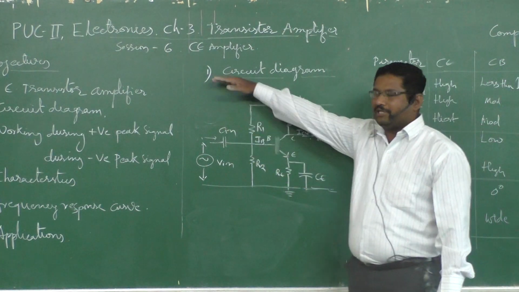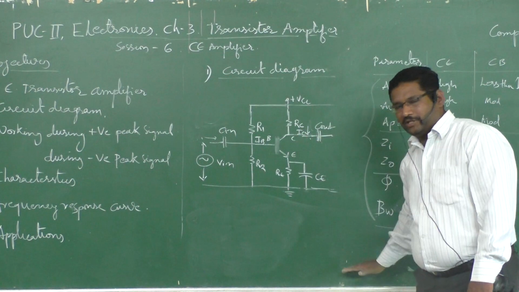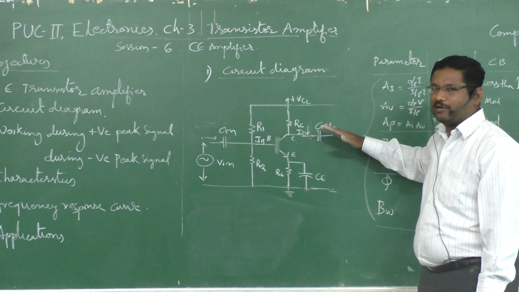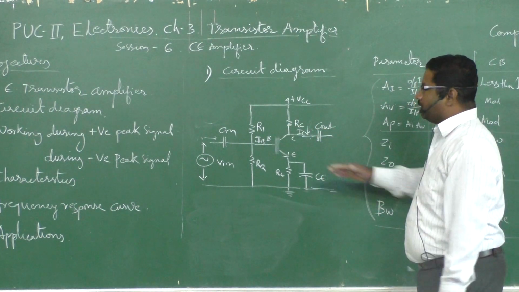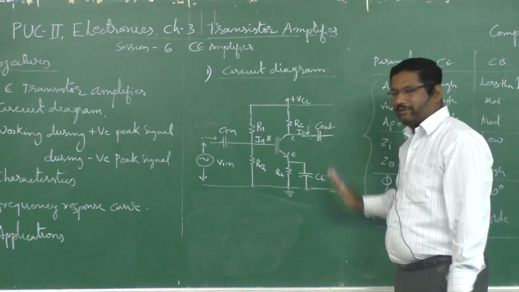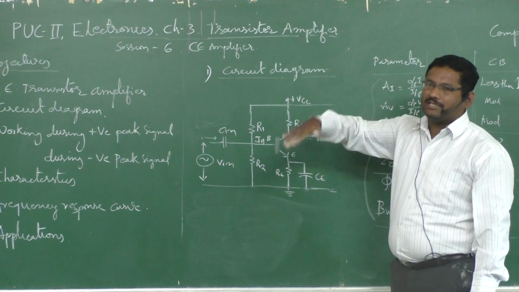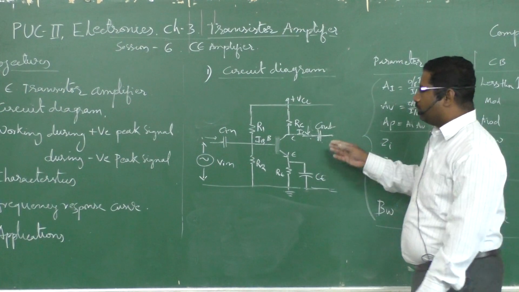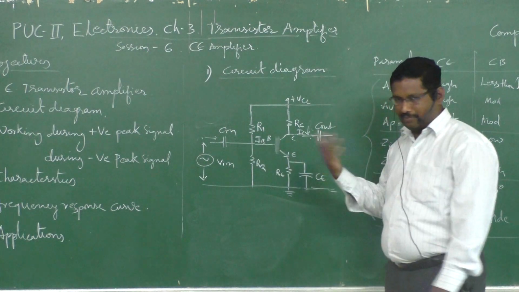For positive going signal, the output will be negative going signal. So if input is increasing positively, output will start increasing negatively. So there is a phase shift of 180 degrees. For positive going signal, output will be negative going, and for negative going signal, output will be positive going. So how exactly it will work, you can write in one line and remember like that.